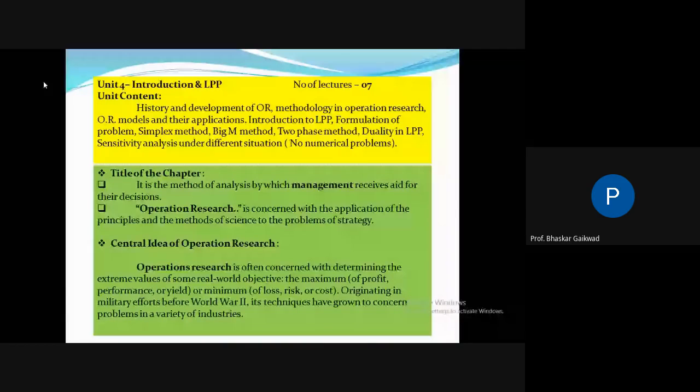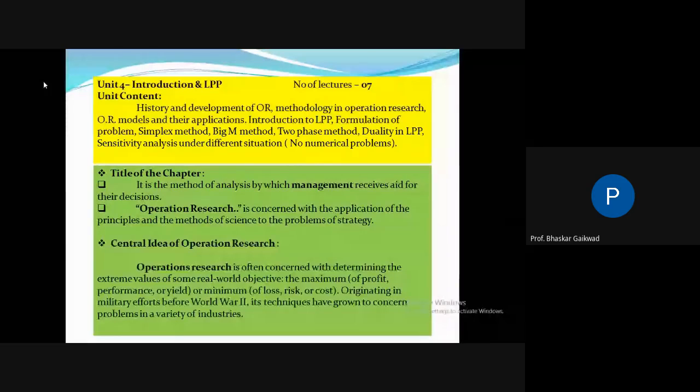So this thing also we can solve by using the ORs. Material handling system: cranes are there, conveyors are there, then so many jacks are there, forks are there. So which material handling at what time we can use, this is also decided by the technique of the ORs. Then dealing with